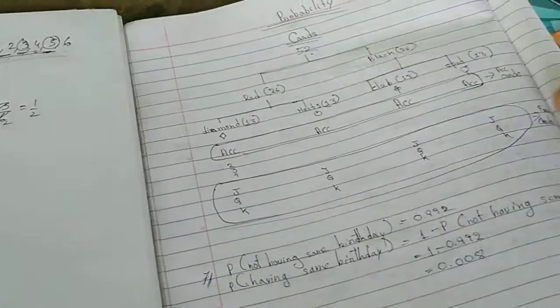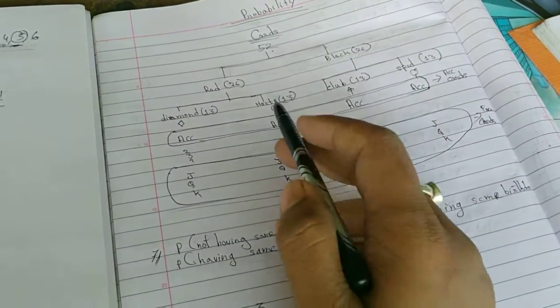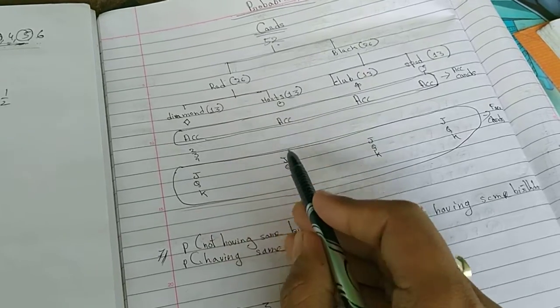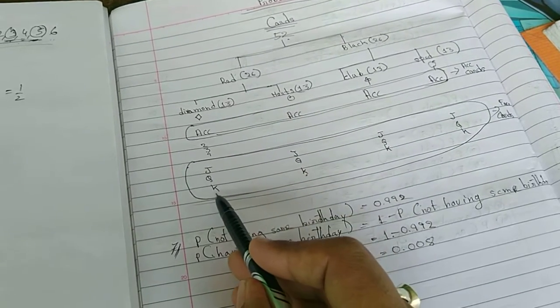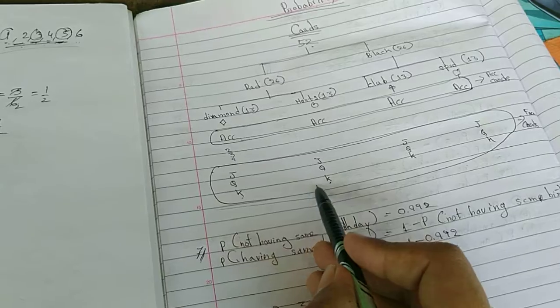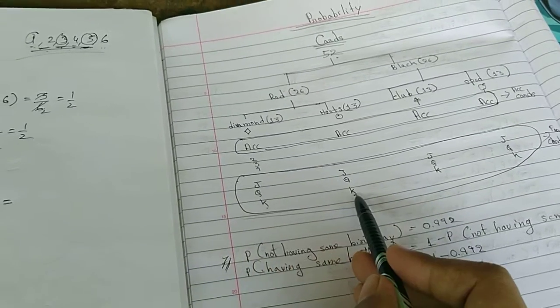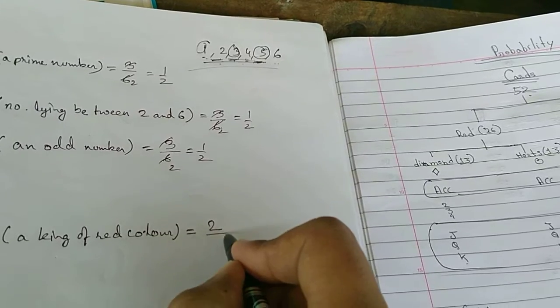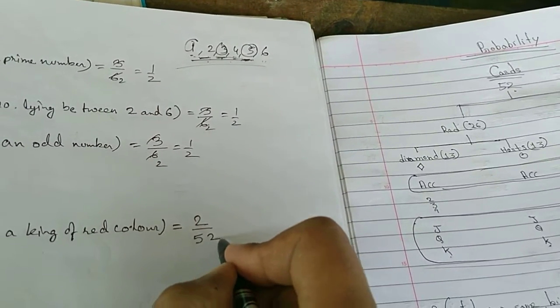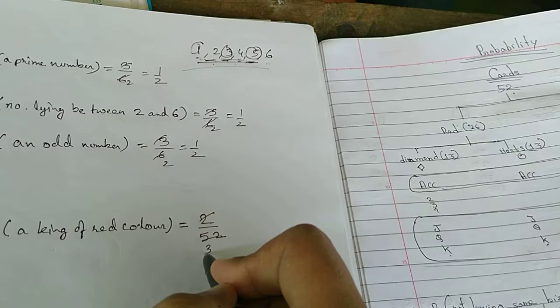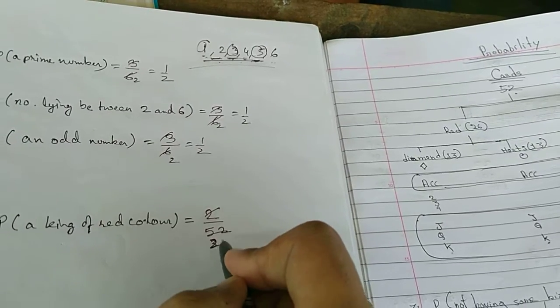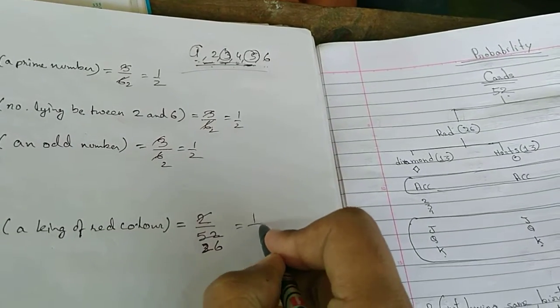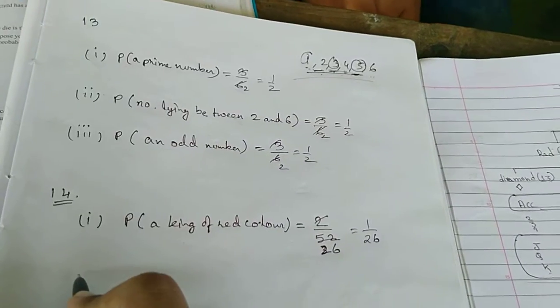What will be the probability of a king which is red? So red are this one. So here one king is this one, red color, and this one also will be red color. So there will be 2 kings which are red color. Now, red color king will be how many? 2 out of how much? 52. So 2 by 52, which is 1 by 26 is the first answer.